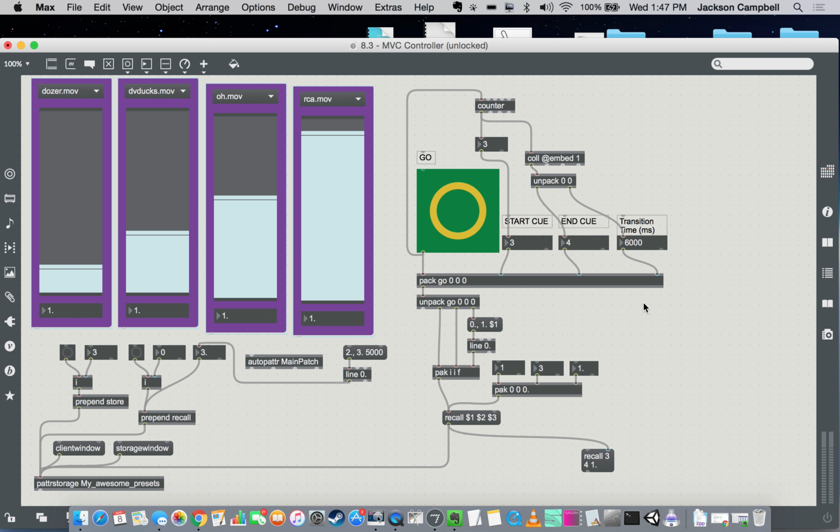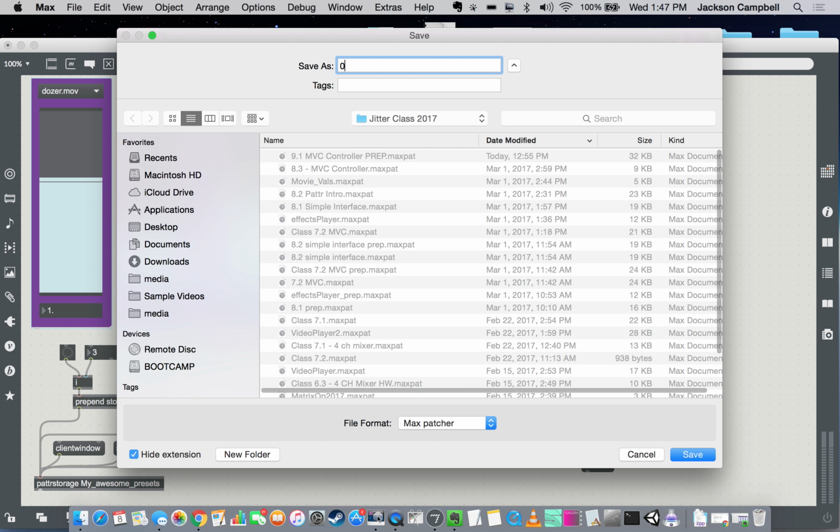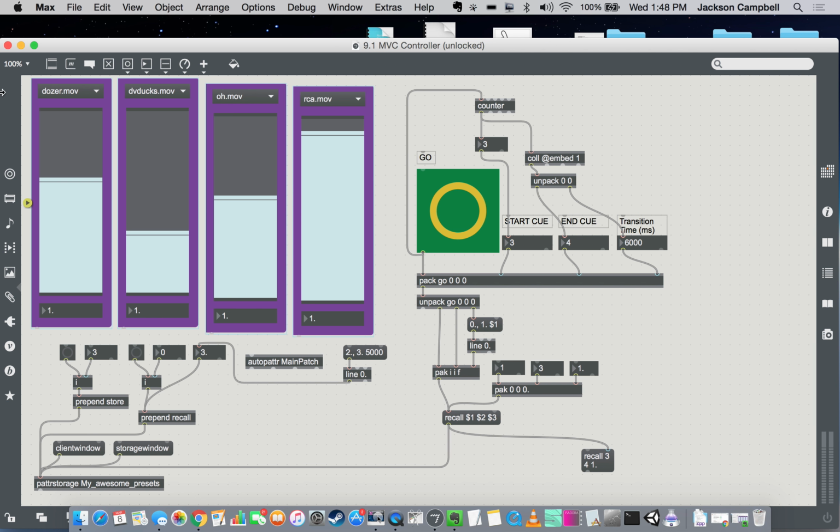So what do we have? Well, these objects are going to be what's controlling the video, right? We had an outlet on them, right? Let's go ahead and, what did we save this as? Save as 9.1. MVC controller, with 3 L's. Okay, and